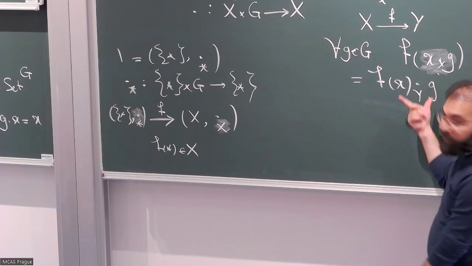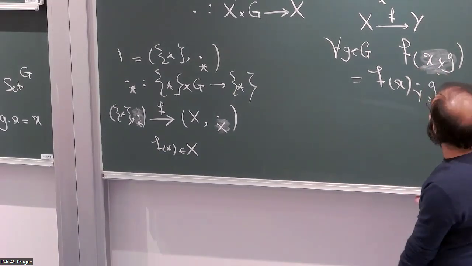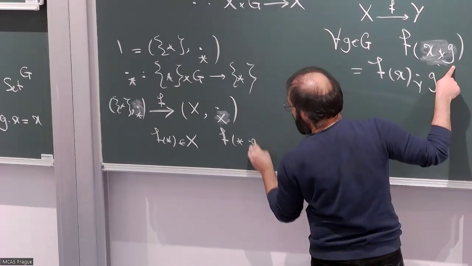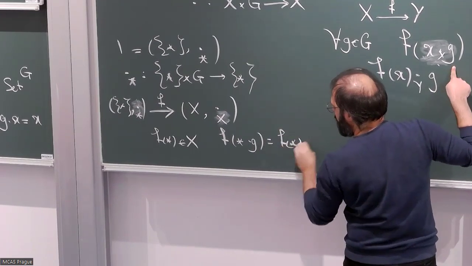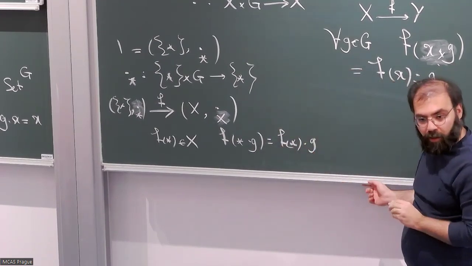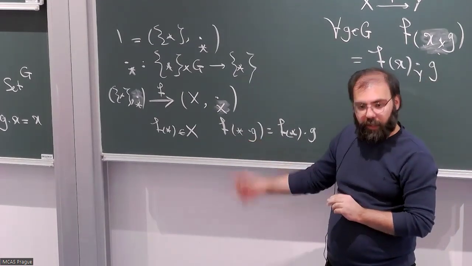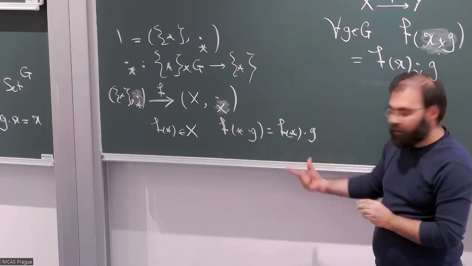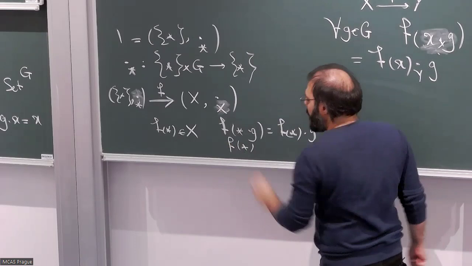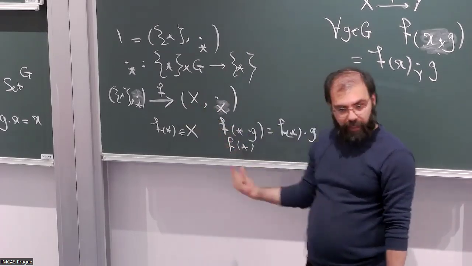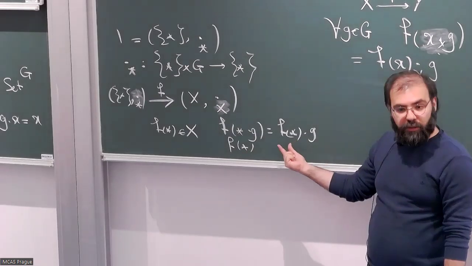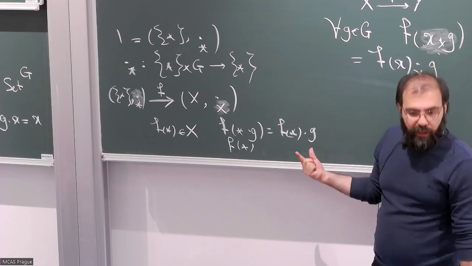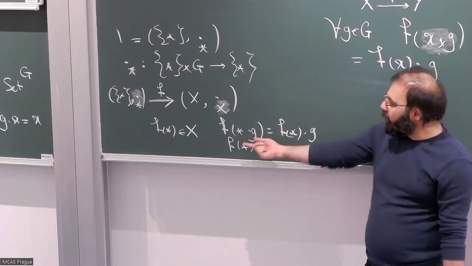You should have this property. And if I write this property, it would be f of star dot g is f of star dot g, right? So then it is just invariant. Exactly. So I can pick any element in X as f of star, as long as it is invariant under any action of G. It's a fixed point of G. Because this is the only condition that I wanted.